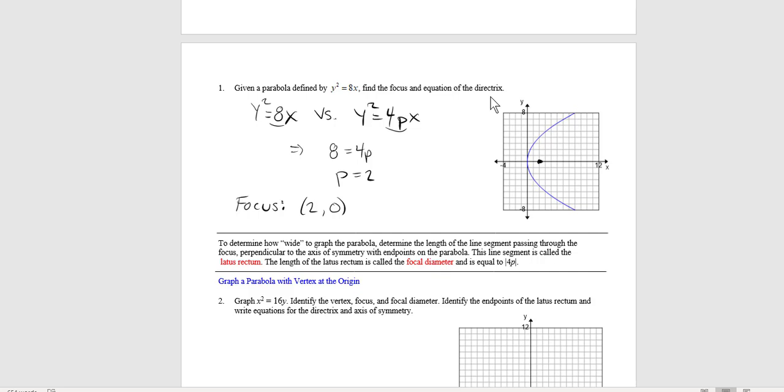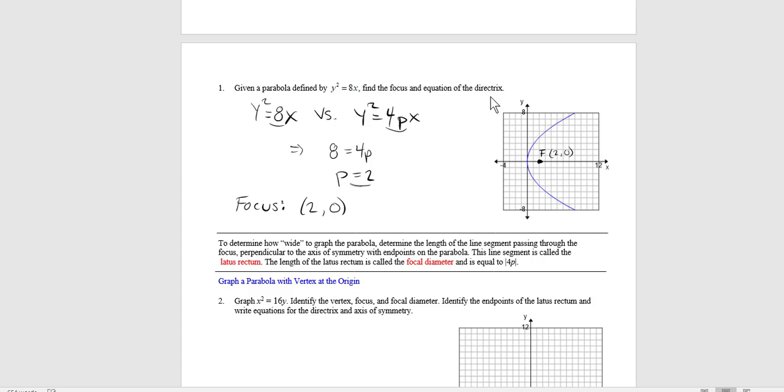But that p value tells you how far from the center to go to get to your focus. And the sign of p tells you the correct direction to go. Positive means go in the positive direction to get here. Negative would mean go in the negative direction from the vertex to get to your focus. So that's our focus. Let's label it,